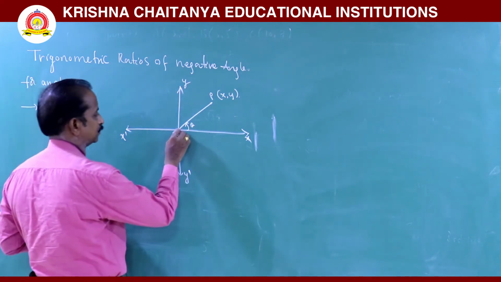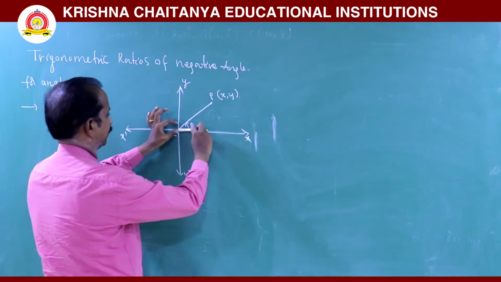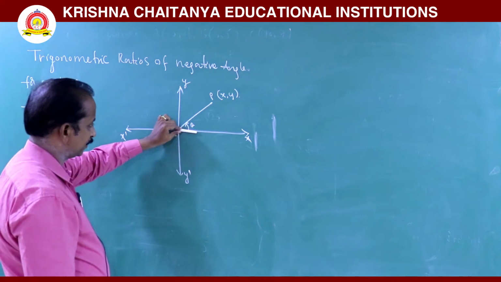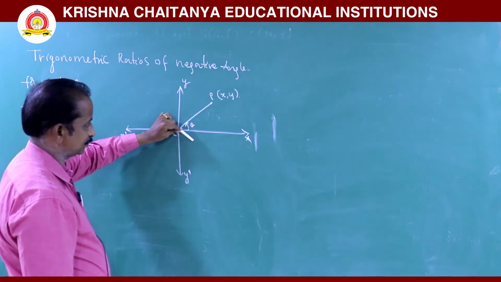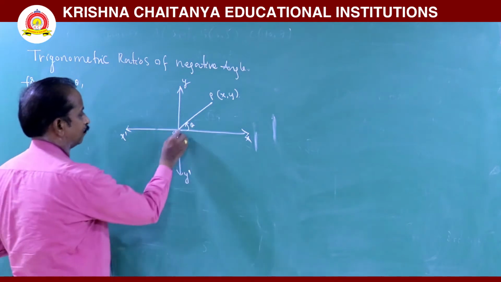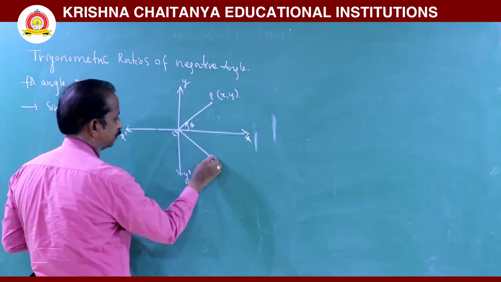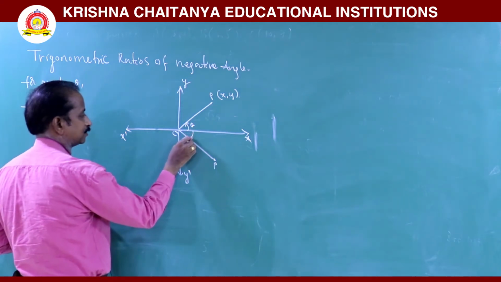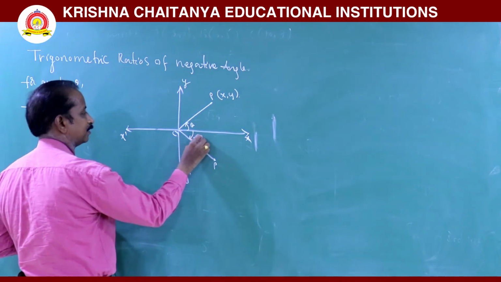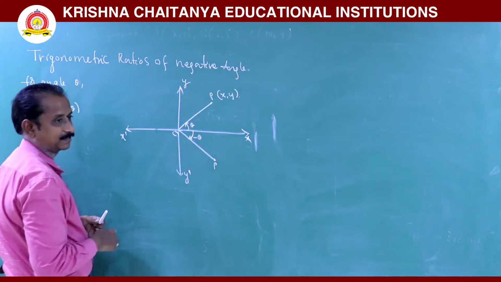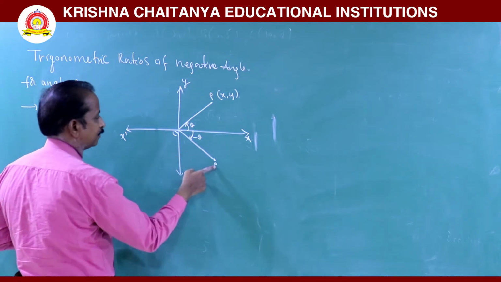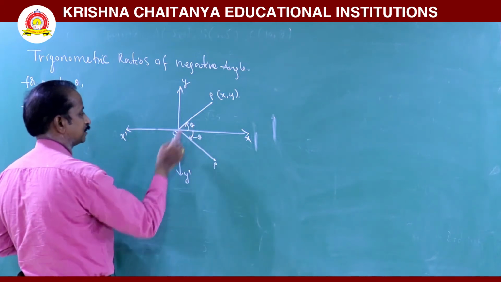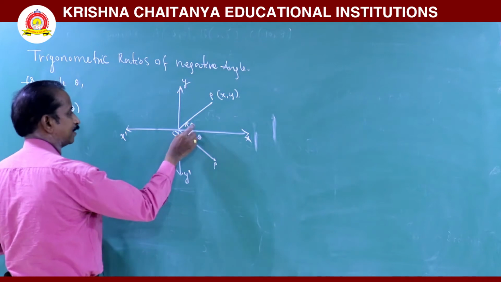So now this is initial ray, OX as initial ray. Now this line rotates in clockwise direction, this direction. Now consider the rotation coincides with the line OP. So this is nothing but minus theta. Reason, it is in clockwise direction. The line OP makes an angle minus theta in clockwise direction.